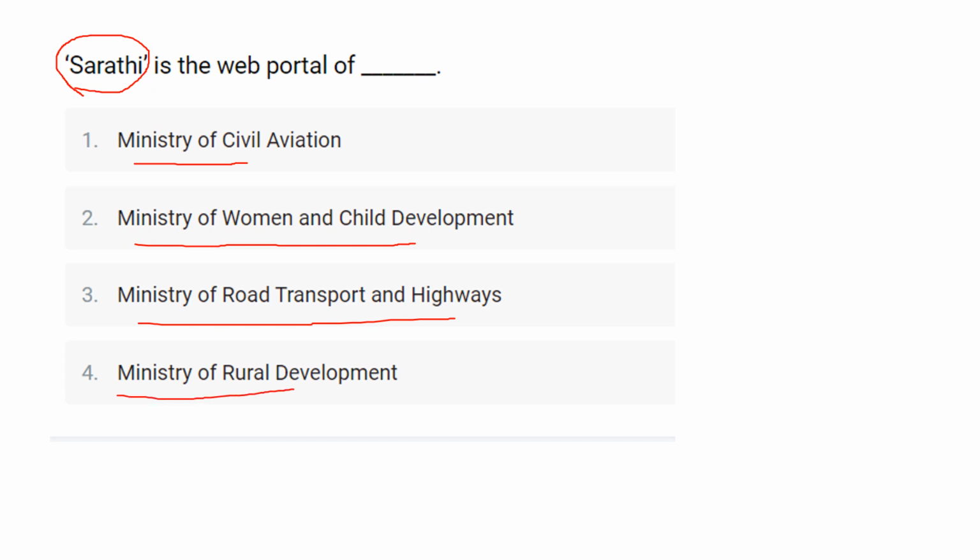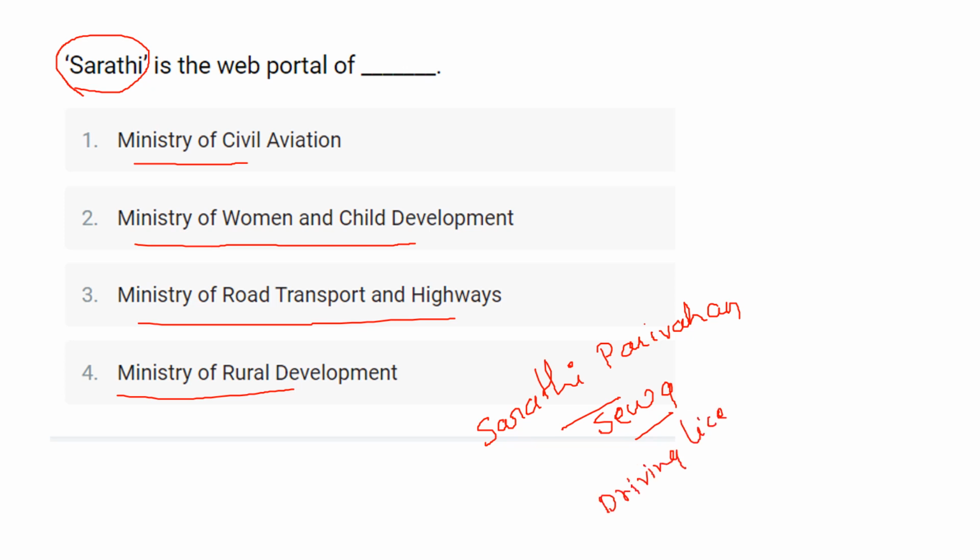Okay, the Ministry of Road Transport and Highway has launched the online portal of Sarthi Parivahan Seva. Why they have launched this? To provide the online services like a driving license, then a learning license, transfer ownership form,